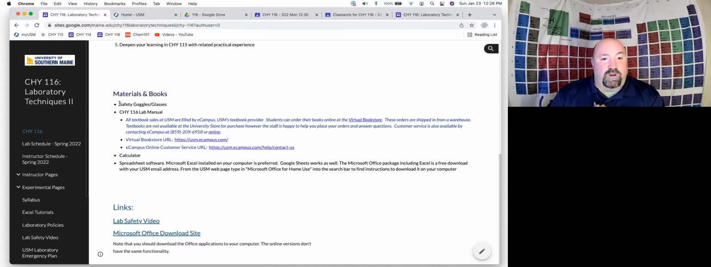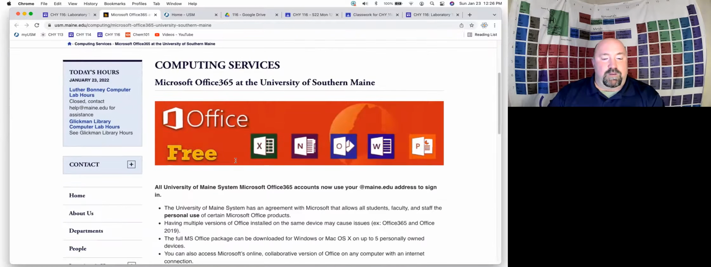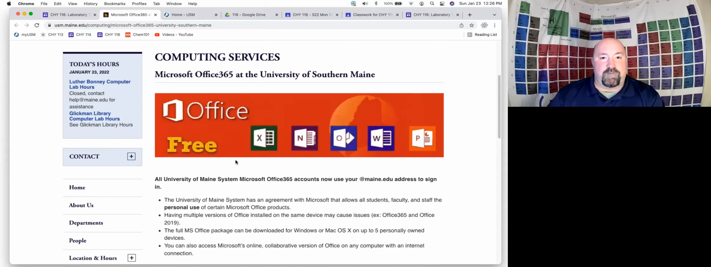You will need some sort of spreadsheet software. The preferred would be Microsoft Excel downloaded right to your computer. Note that if you go to this site right here on the website, this is the university offering of a free version of the full Office suite that you can have. If you don't have it already, and you do need to go through this free university offered package,